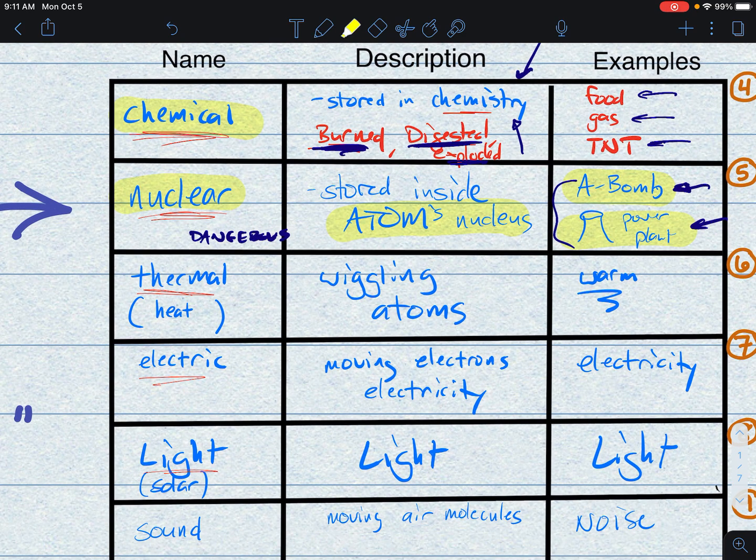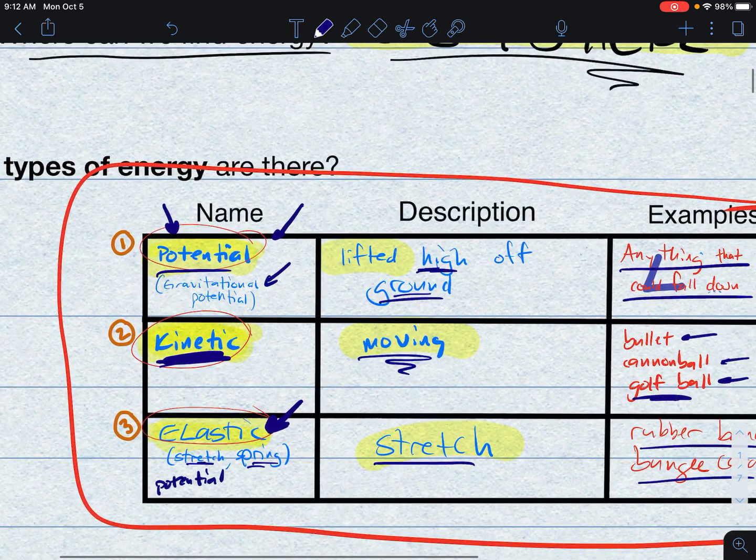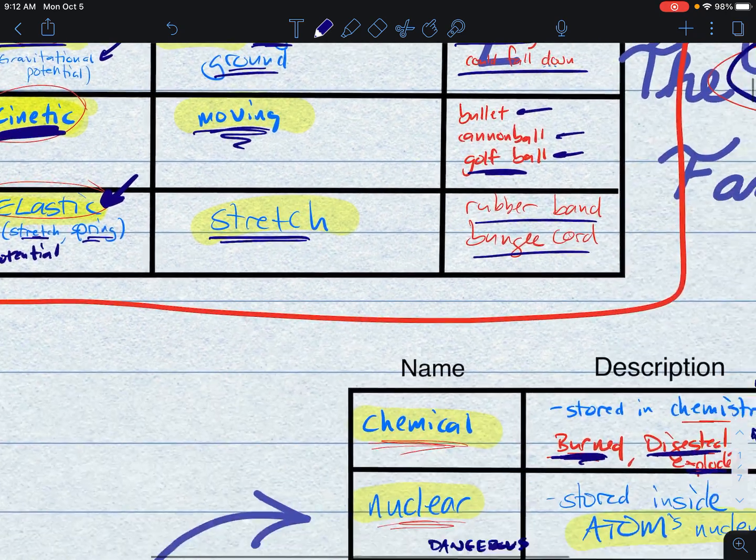The third one we're going to talk about in this family is thermal energy, also known as heat. That's just, on the atomic level, a wiggling of all the atoms. And we say that something's got a lot of thermal energy or a lot of heat if it's, you guessed it, warm, right? The hotter something is, we say the more thermal energy it's got to it. You can add mechanical energies to things with your hands. You can lift things, you can move things, you can stretch things.